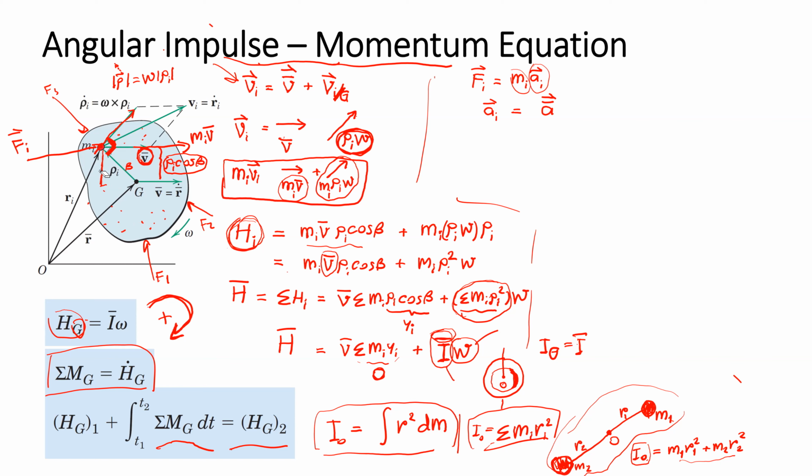We come back to this picture. You see that the relative velocity here has only one direction. It's perpendicular to the radius. The relative velocity is perpendicular to the radius. But if you still remember,